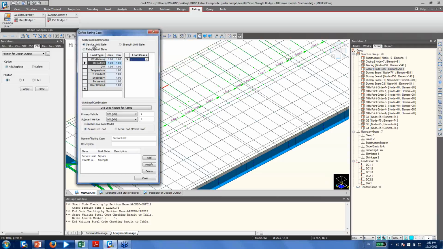So we provide a service limit state, strength limit state, and a fatigue limit state. Check this box. Select this service limit state and tell the program what moving load case you are going to use for the load rating case. Because in design check practice, you're going to use your design trucks, but sometimes when you do load rating, you're going to use permit trucks. In that case, you have to create another moving load case for the permit trucks,